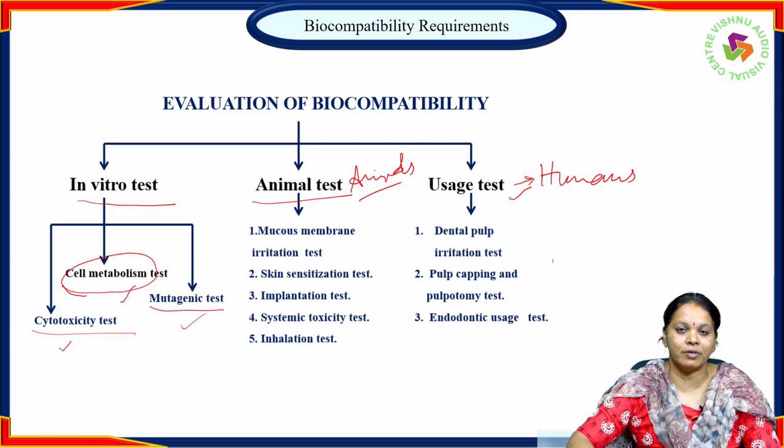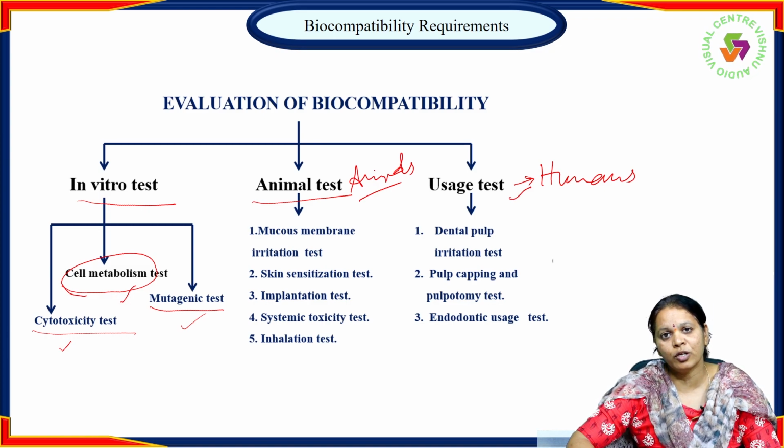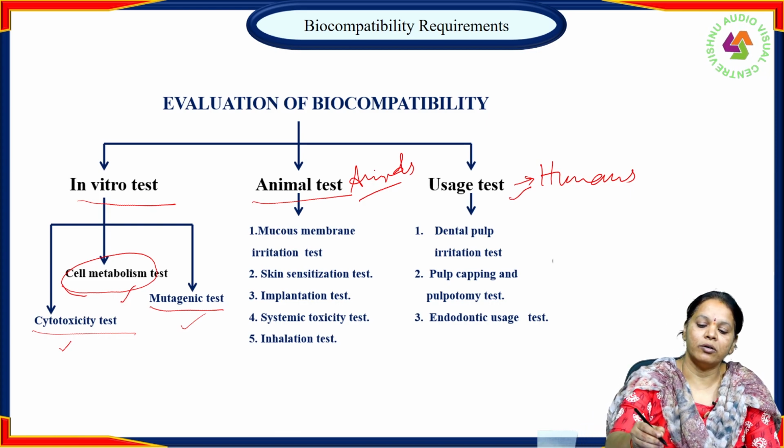Suppose for heart valves, if I want to check an artificial heart valve and its performance in the heart, the valve size, shape and the cusp, everything should have a close match with that of the human tissue. So why we selectively choose cow and pig for the heart valve analysis is that the size, shape, texture and the functioning of the heart valves are having close match with that of the human valves. Having such data, we will be selectively choosing a particular animal for the analysis, and then we go for all these types of